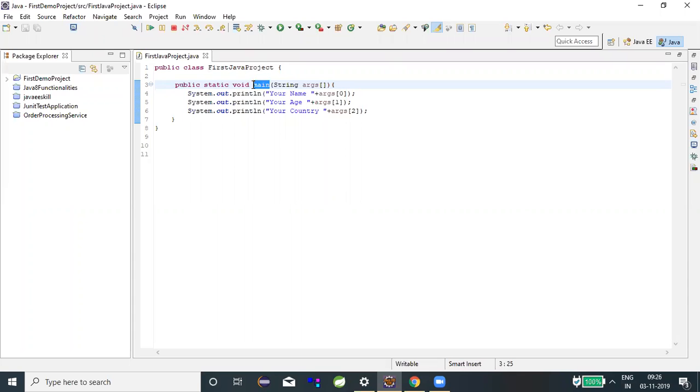We do not have any, we cannot have any other function through which